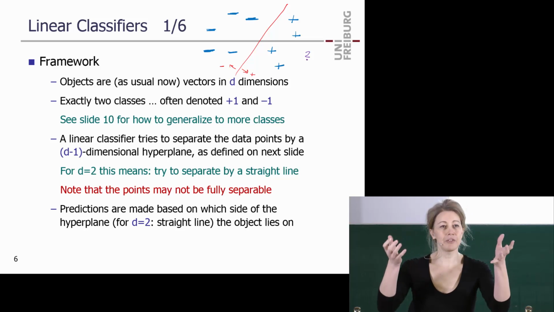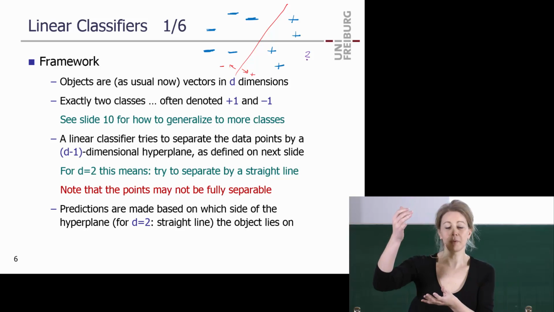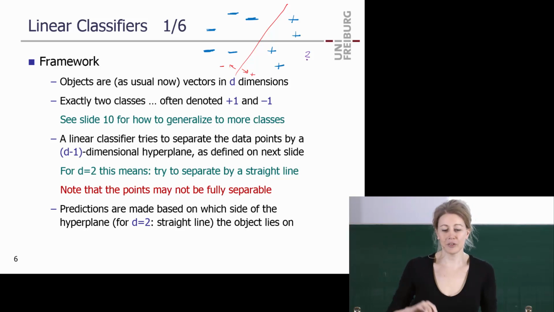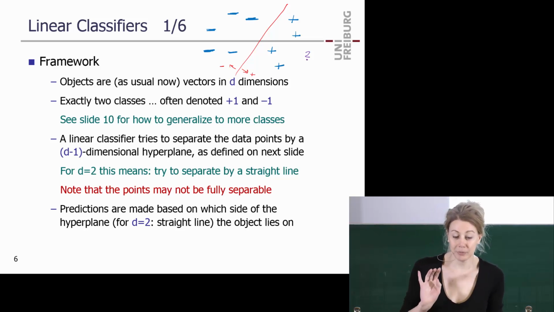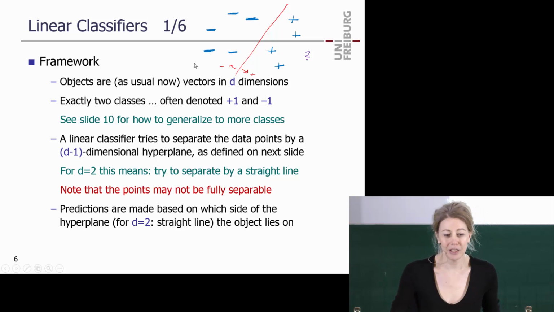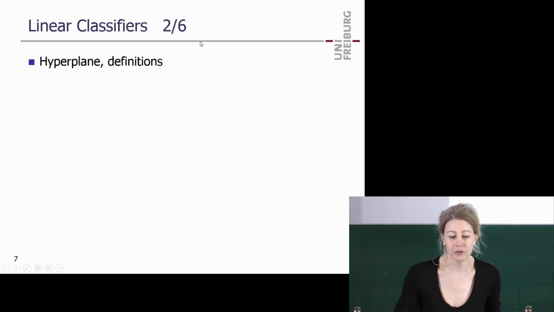And now you can think of the same thing in higher dimension. If you have 3 dimensions, it's a plane which just separates the space in 2 halves. In 4 dimensions, it becomes hard to imagine, but you can do the math, of course. That's linear classification. And of course, it might also be that you have a plus here, and then you can still do it, right? It's just that you get it wrong for some. It does not have to look like this. We'll talk about this in a second too.